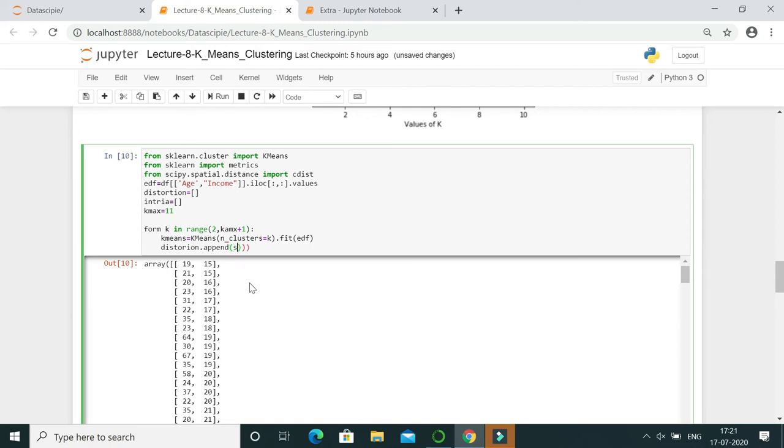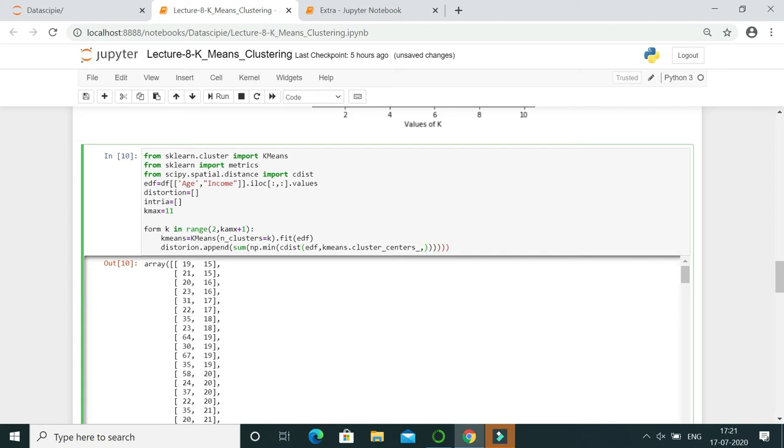So sum, np.min, we have to consider the minimum distance. Okay. Then for the cdist library, the dataset we have to utilize is edf. So edf. And for the centroid we utilize kmeans model dot cluster centers. Okay.